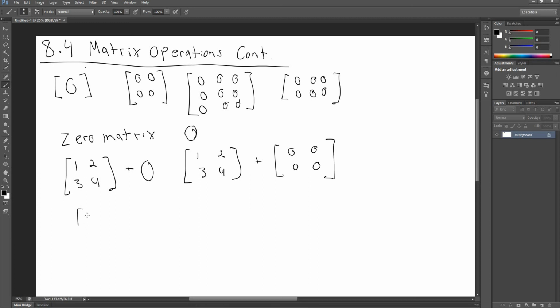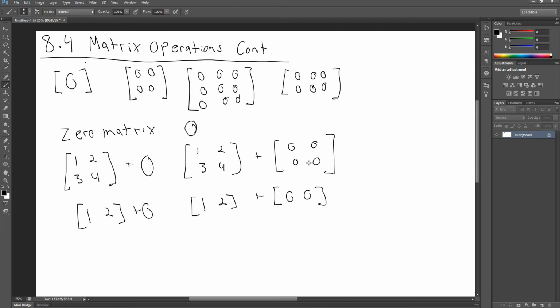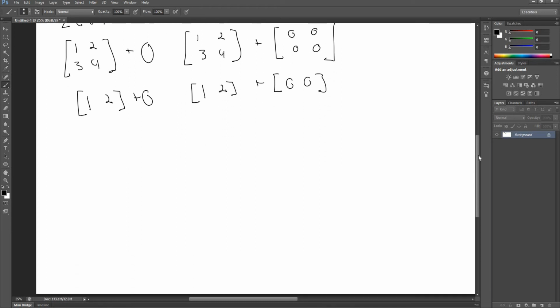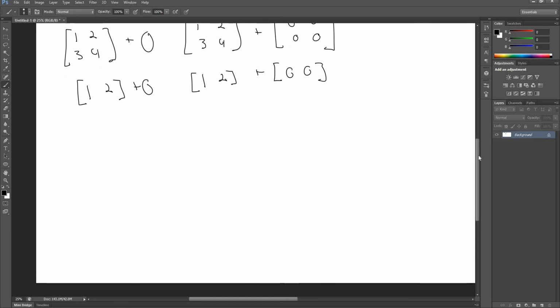If you had, say, just a 1 by 2 with 1, 2 plus 0, this would give you 1, 2 plus the 1 by 2 matrix of all zeros. It's not a very difficult concept to think about. If it's 0, it's just all zeros. But this does tie into something important that will come in for multiplication. And also brings us to our addition properties